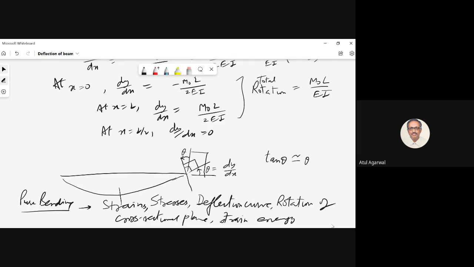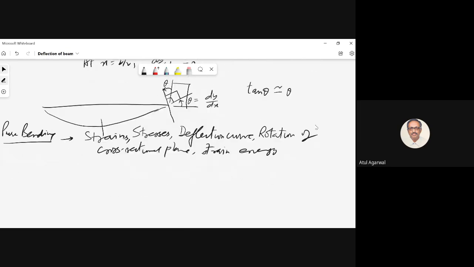Now we'll go to the cases where we don't have pure bending. We have some vertically applied load. Then how we handle this? Then we use the same theory, but we say our results are approximate. Our results are not exact. There is a theory of elasticity approach. So that we will not be doing. If you use theory of elasticity approach,